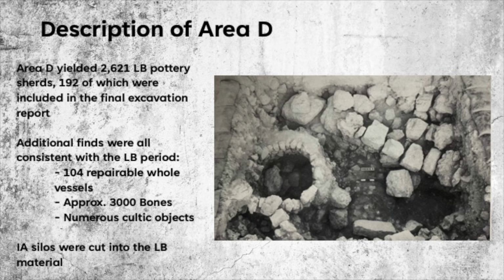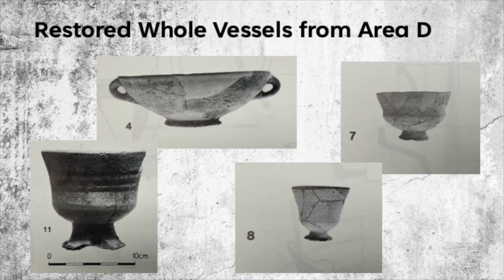Finkelstein's position was, when the Israelites arrived in the Iron Age, they scraped off the summit and they dumped this late bronze material in this area. However, what we are beginning to find is beginning to invalidate this position. Here's just a few shots of the restorable vessels, these late bronze restored vessels that were found in the favisa.